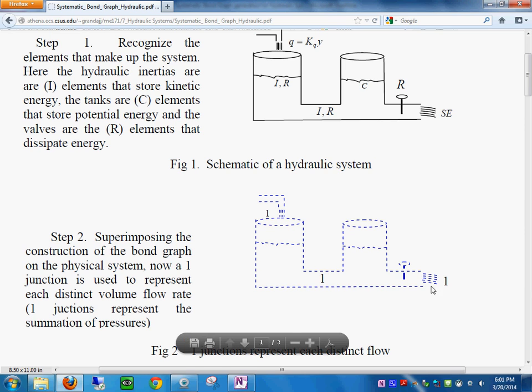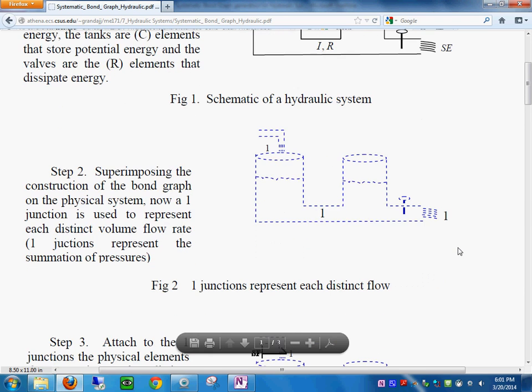Put the one junction for each distinct flow. So here you have one, and then you have one in between here, and then we have the discharge flow. We're not considering resistor inertia on this side of the pipe because it's a small one. But we have two tanks, which are C elements. And in here, the first thing we're going to do is put a one junction for each distinct flow. Having done that,